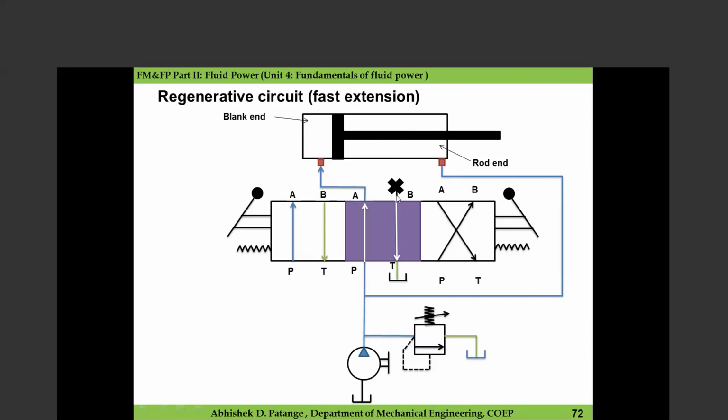So that means at this switching position, the liquid which is coming from the pump will go to P to A and A to the blank end, and it will try to push this piston from blank end to the right hand side. The liquid which is available at this side will be taken out at the same time, and again it will be delivered to the pressure line of the